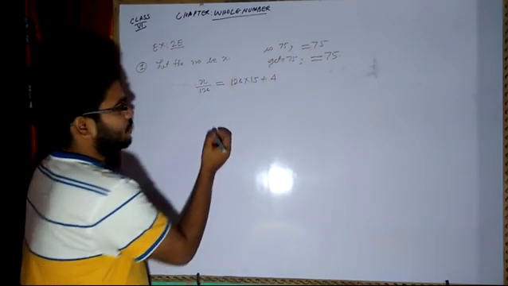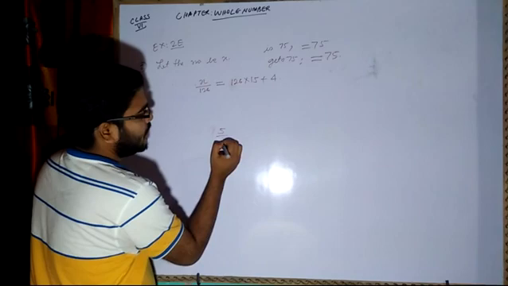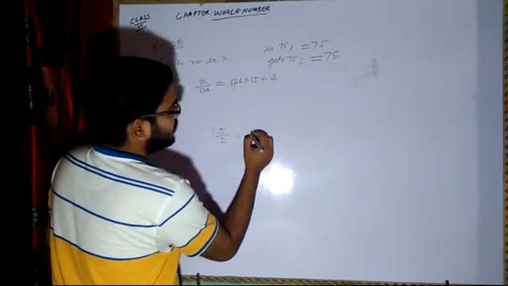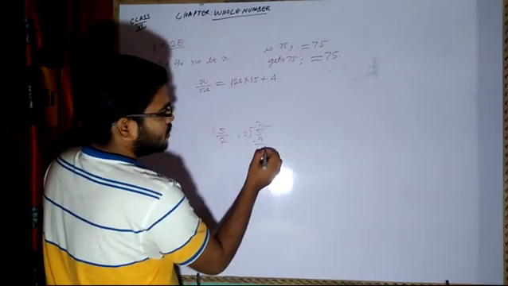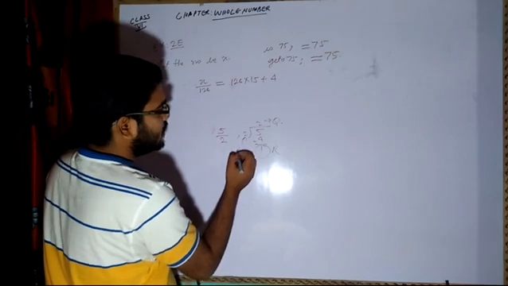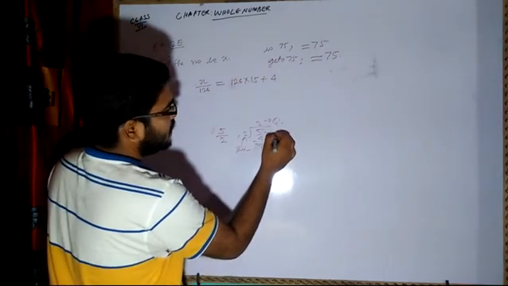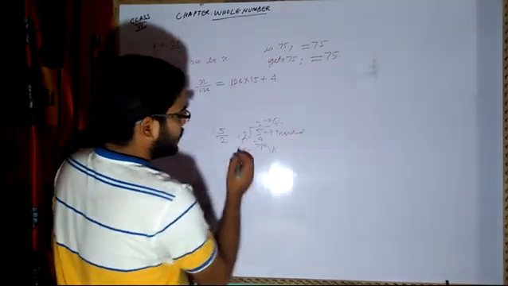Now let's take an example. Here I am having 5 divided by 2. If I divide 5 by 2, 2 2s are 4, minus 1. So this is my remainder, this is my quotient, this is my divisor, and this is my dividend. Correct? All this you know: dividend, divisor.